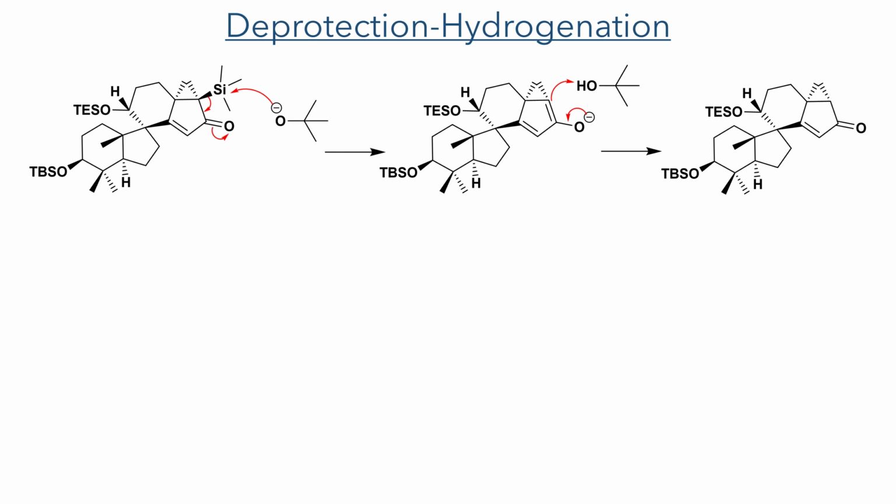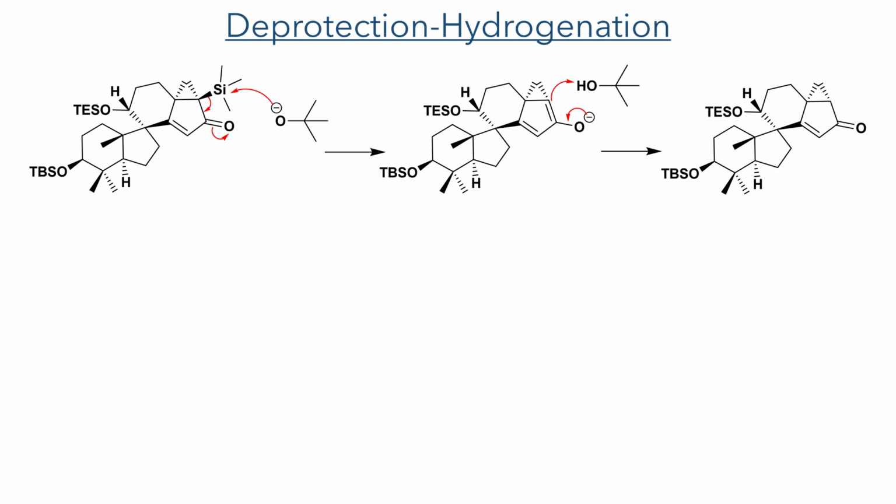Moving forward, the TMS group was first selectively deprotected using potassium tert-butoxide. This is not a common reagent for this type of deprotection, but it was necessary to ensure the selectivity due to the other silicon protecting groups present in the molecule. This deprotection is accelerated by the alpha ketone moiety, which can form an enolate, which is then protonated to restore